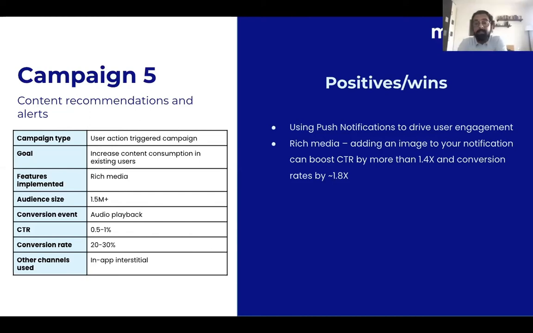Also happy to see interstitials and in-app messages as a part of this campaign. Reason being, if I've just finished listening to an album, that's a great time to make a recommendation for another one, or a great time to recommend an artist that I might be interested in from a similar genre. So it was great to see some of the more in-the-moment channels being used as well.